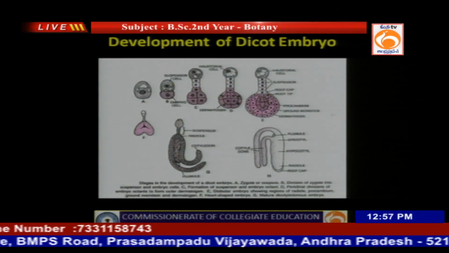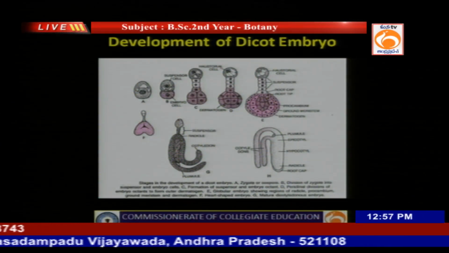Epibasal means it is lying towards the terminal position. Hypobasal means it is towards the suspensor side. The epibasal gives the plumule, whereas the hypobasal gives the hypocotyl part of the dicot embryo. So, next if you observe in the slide, that is the suspensor cell, lying towards the embryo side,